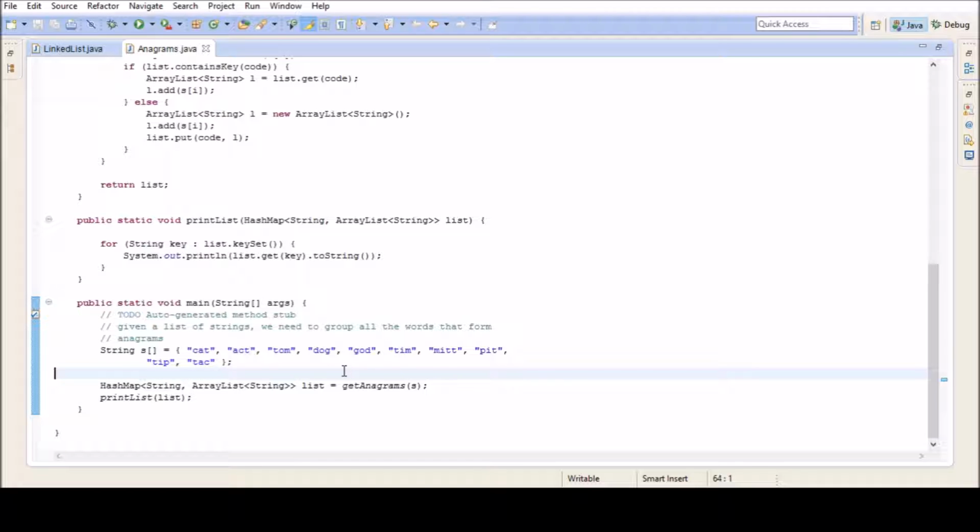For example, let's take the string CAT and the string ACT. CAT is an anagram of ACT because if you rearrange the letters of CAT, you would get the exact string ACT. In this example, we'll only take those words into consideration that are lowercase, so we can do the uppercase in the future. So to start the program, we have the getAnagram function that takes the array of strings